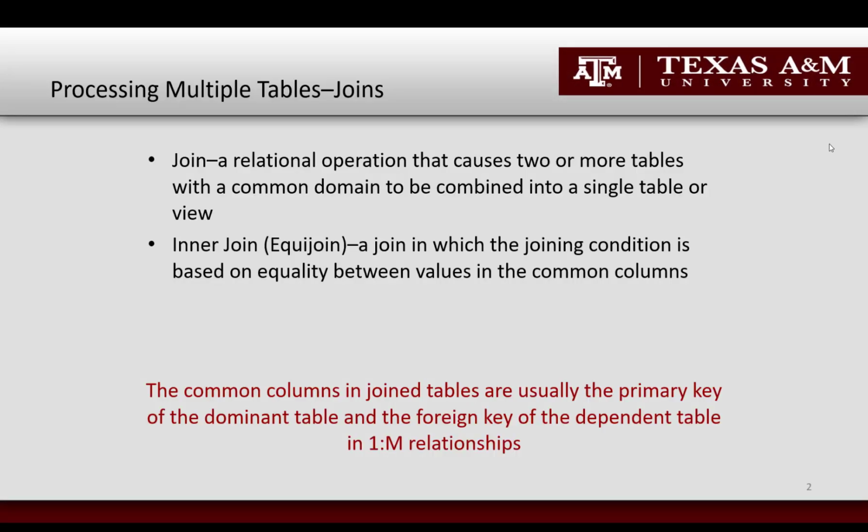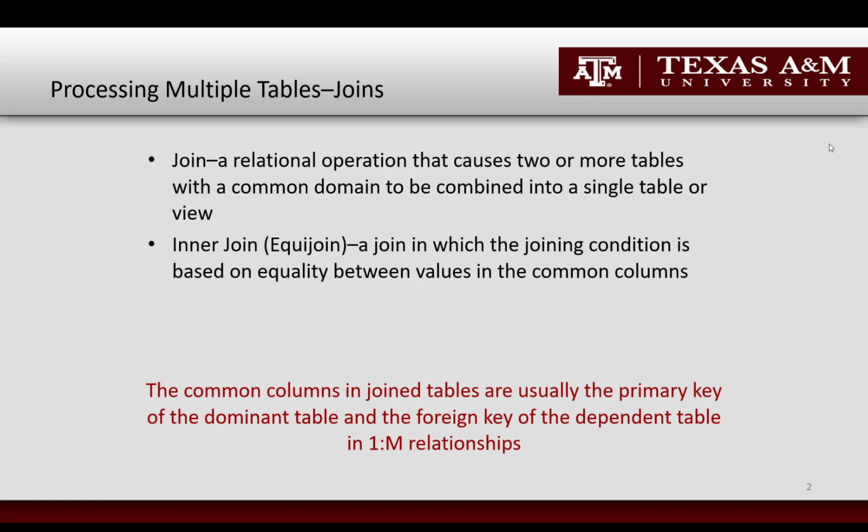One of the things that SQL allows us to do is combine information from two or more tables based upon the relationship between those tables, which is usually something between a primary key and a foreign key. And one of the most common joins that we're going to create is what we call an inner join or an equijoin, where the relationship between the two tables shows the common condition, and we only show information that shows